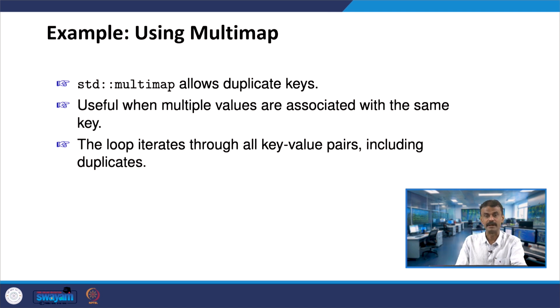Whereas in the case of map, we tried to put Bob, but you can see that whichever is the latest you have entered will override. So, the duplicate will be ignored. That is the case of map. There are practical examples where multiple values are associated. In this case you can use multi-map, and you can see that the loop was iterating through all key-value pairs, the for loop that we had seen, and in this case it will include duplicates also. Whereas in the case of a map, we know that will be ignored.